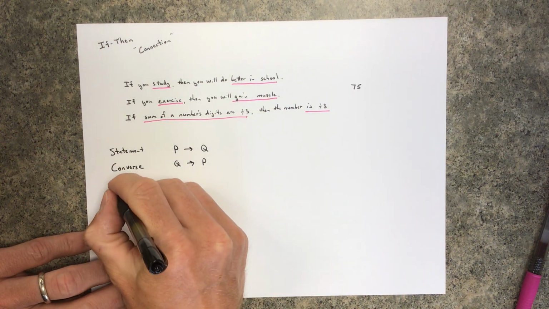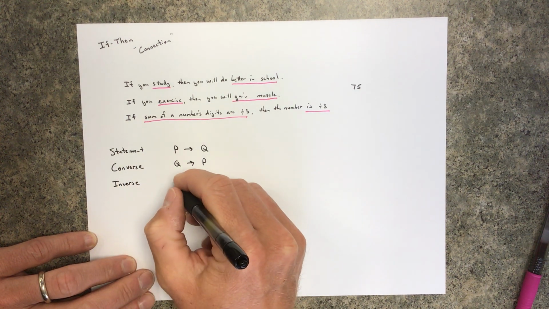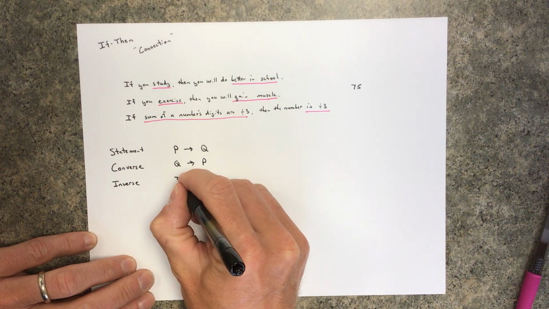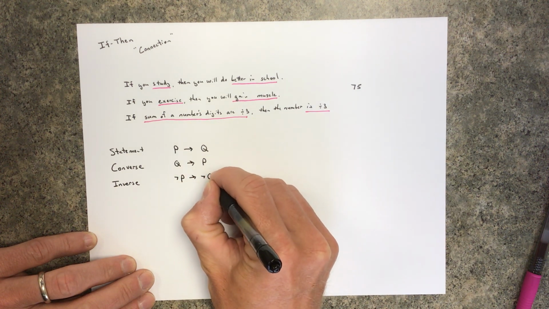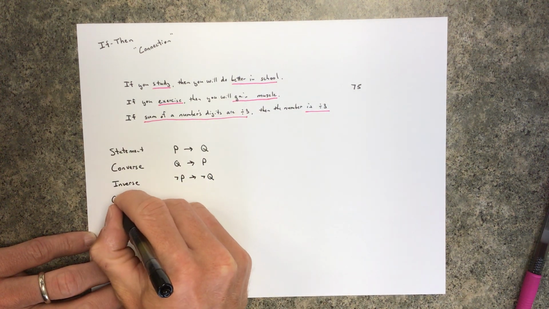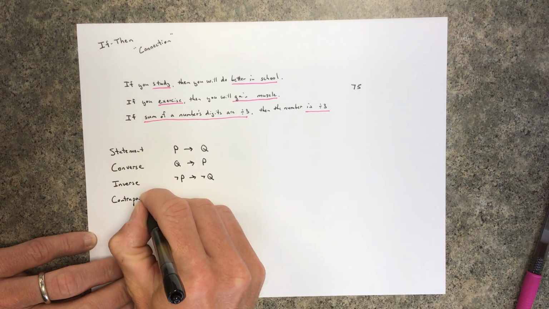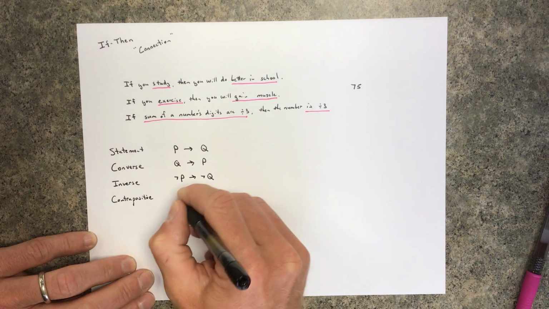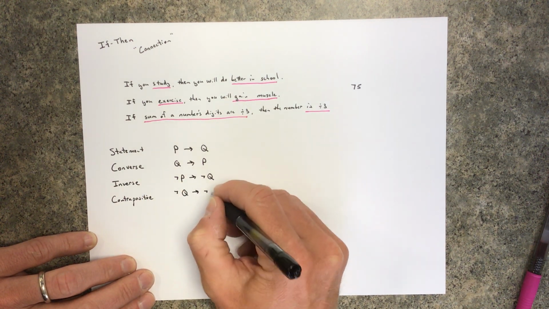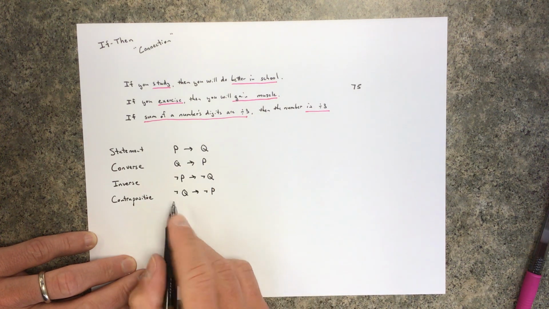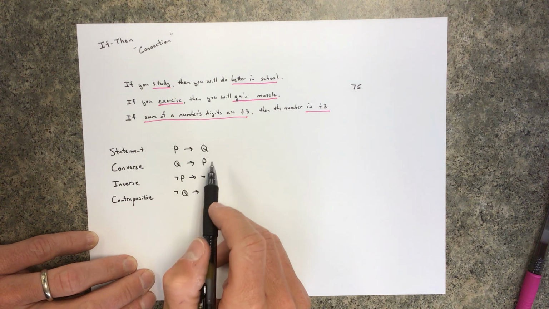You have the inverse, which is not P implies not Q. And again, we're going to go over this in a second. And then you actually have something called the contrapositive, which is not Q implies not P. Okay, so this little symbol here means not. This is P implies Q, and so let's just